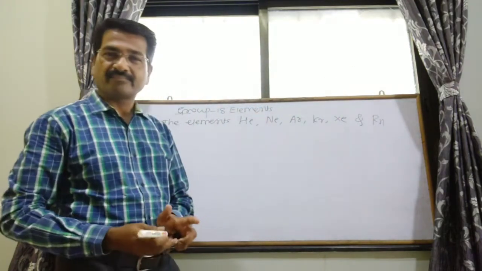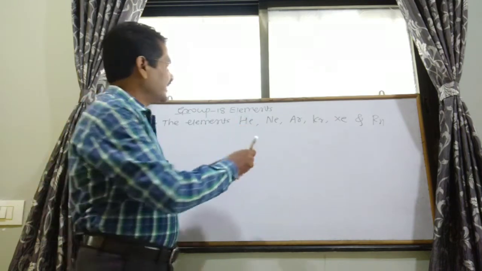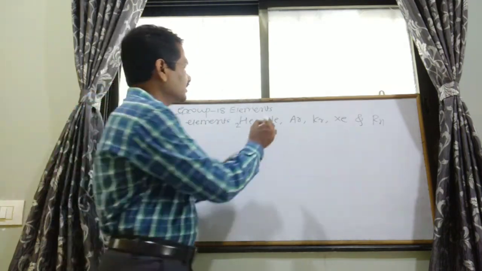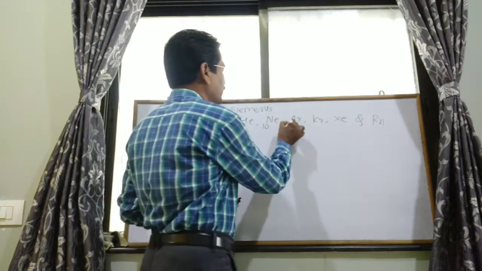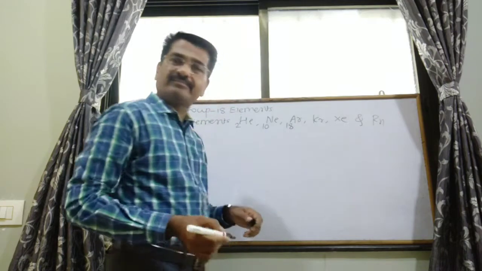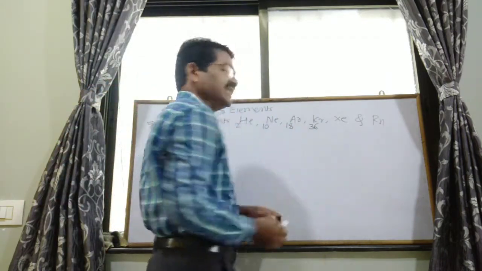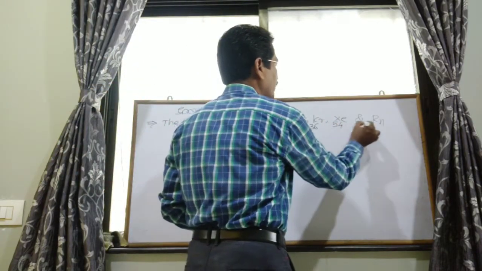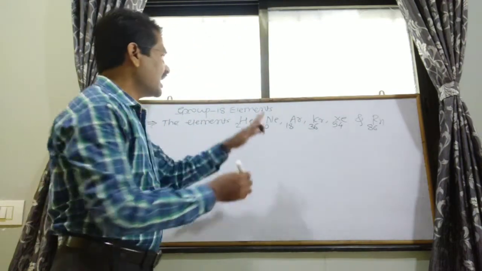See again, the elements: helium having atomic number 2, then neon atomic number 10, argon having atomic number 18, next krypton having atomic number 36, xenon having atomic number 54 and radon having atomic number 86 are placed